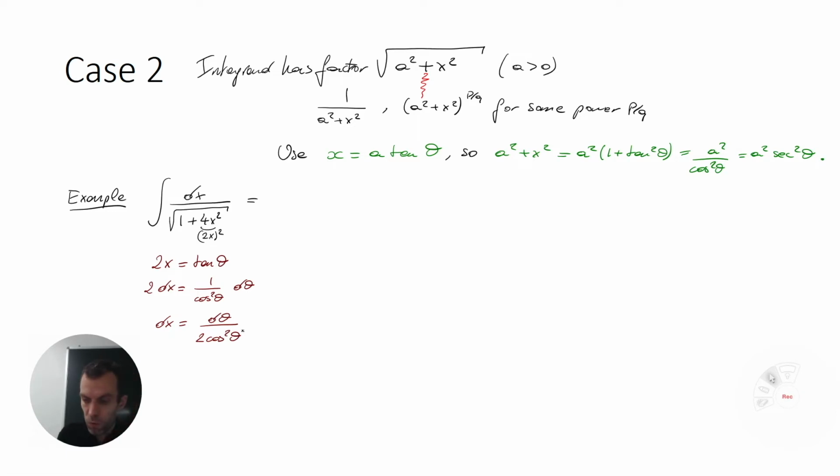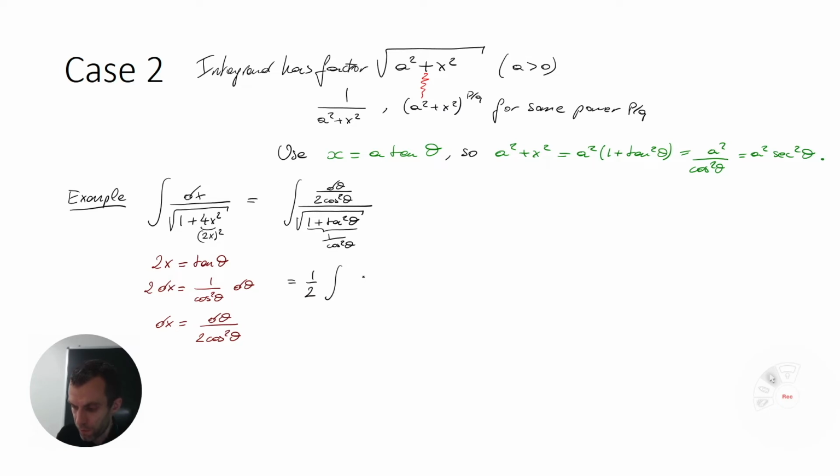Okay, so what does that give us for our integral? So the dx becomes d theta over 2 times cosine squared theta. And then what do I have in the denominator? Well, I have the square root of 1 plus tan squared theta. And 1 plus tan squared theta, I know that that's 1 over the cosine squared theta, so I can squeeze that in. This is 1 over the cosine squared theta, and therefore we can simplify our integral to